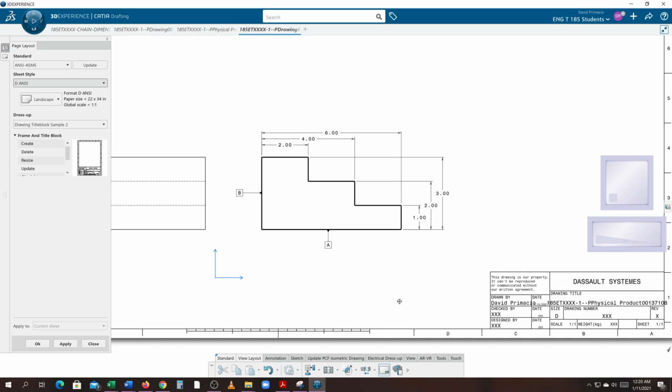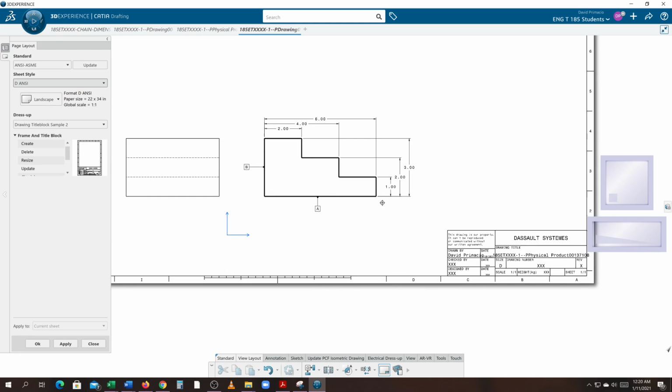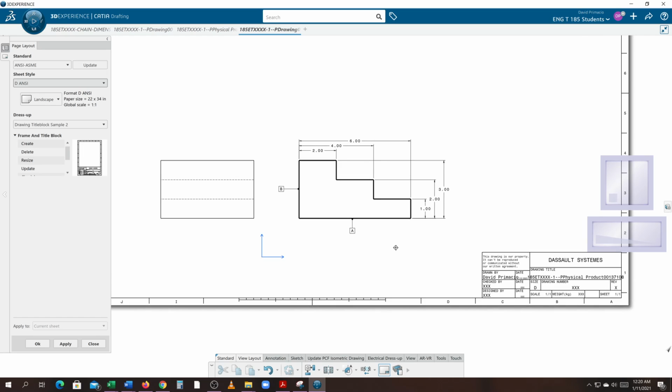The dimensions will be more spread out. It's easier to work with. Also, most shops will print the drawing at half scale. So if you create your view at twice scale, they'll be looking at it at full scale. All right, so in order to do that, if I wanted to get this view at a different scale, we'll